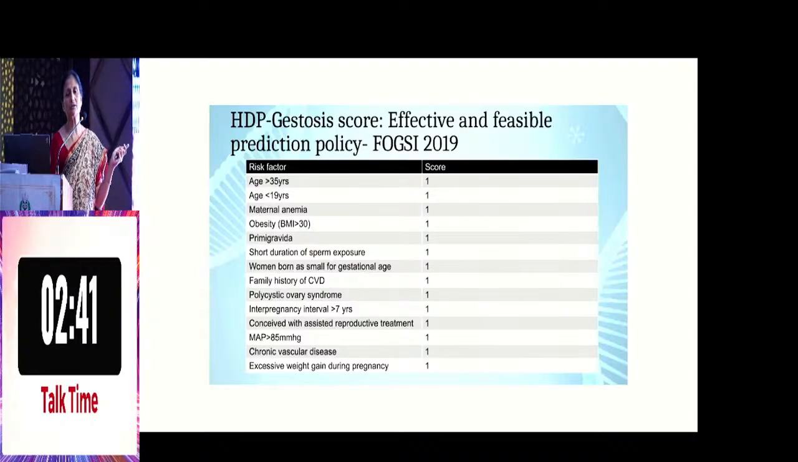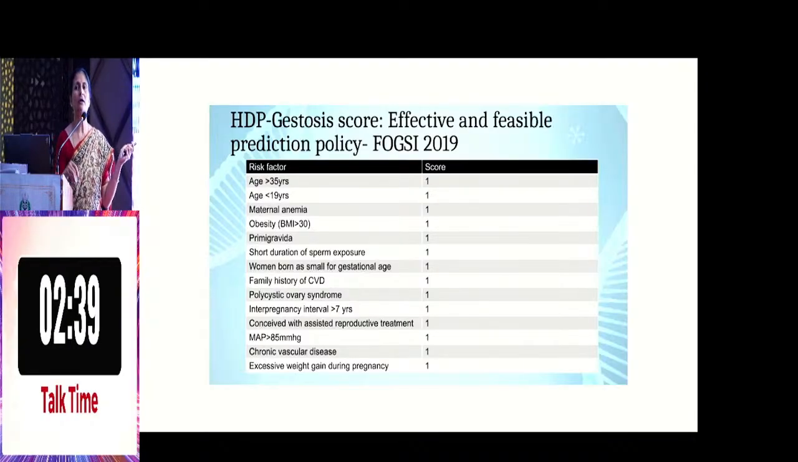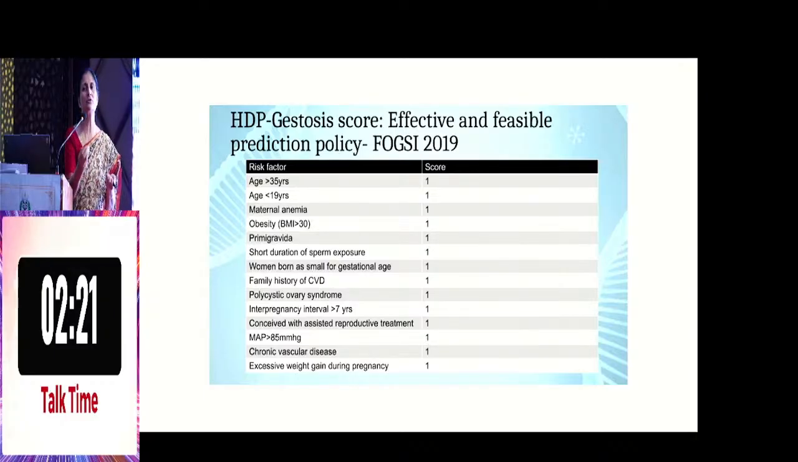Now Foxy or our Gestosis has developed a very beautiful score. It includes all the factors in the history which will be making the person predisposed, and a very nice HDP Gestosis app is available, and we can put all our data into that app and it gives us a high risk scoring. It is very easily available. If you just Google HDP Gestosis score, we can get all the points in the history which may make the woman prone to develop